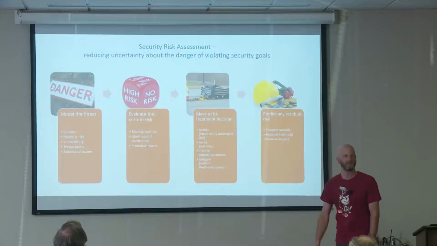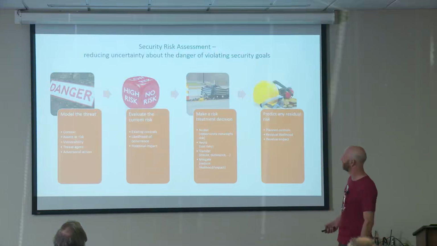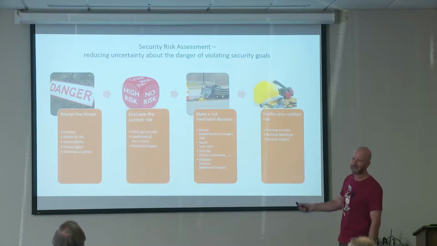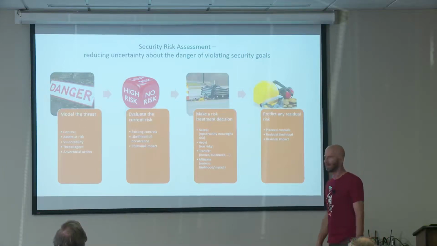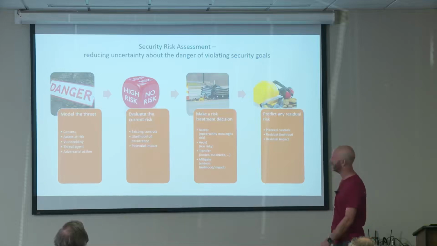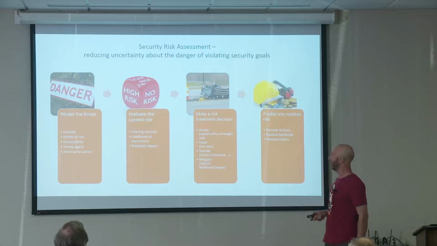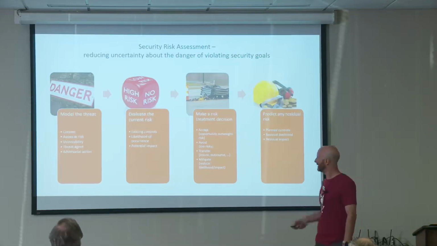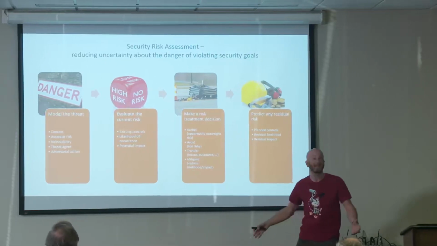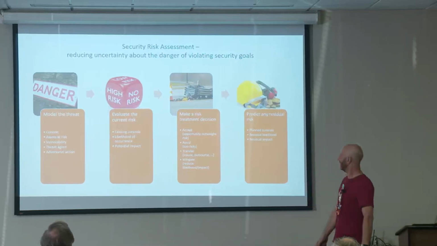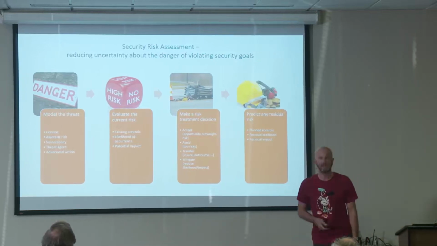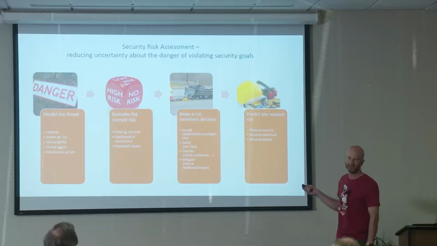So what did we just do? We did a risk assessment, right? So on the left here, we looked at what does our threat look like? Vulnerability in the database could be exploited by who, what would happen, and then we evaluate this risk and say, well, what's the likelihood and what would the consequence, the potential impact, be? And do we have any controls in place? We patch the database once a month. And so we model the risk,